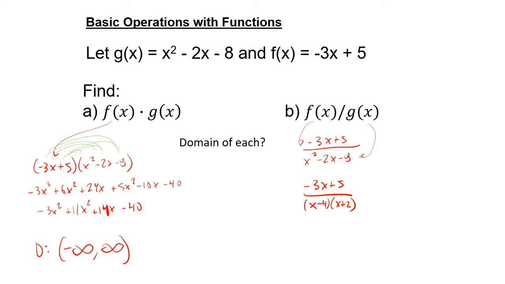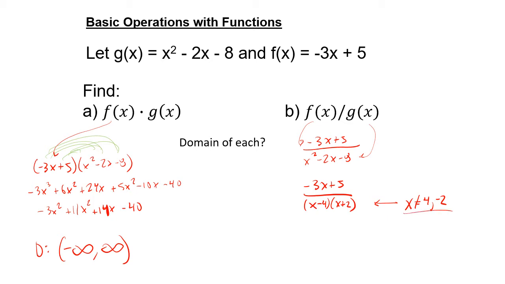However, we have a domain restriction here now, right? We have a divide by 0 problem. So we need to figure out what values of x would make the denominator 0, and those two values are that x cannot equal +4 or -2. So confer with your teacher about what way they'd like you to describe this domain, but sometimes it's okay to